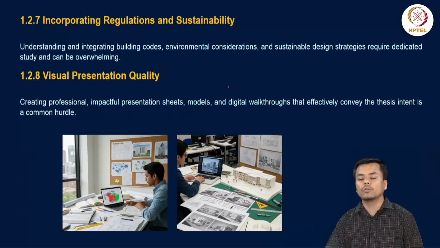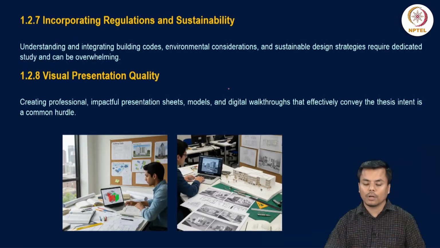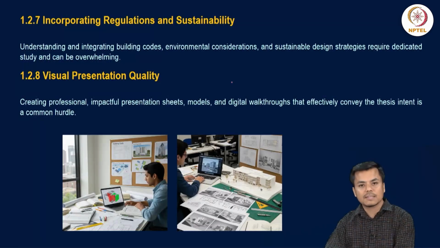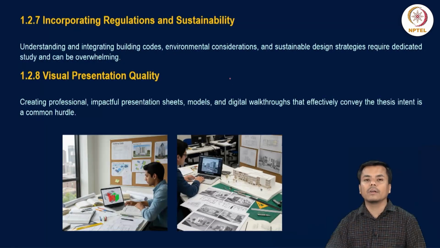Then only you will be able to justify the floor, the total area for the site, as well as the built up. So how much is ground coverage, how much is setback, and all the internal corridor width, like FSI, building height. All these are generally mentioned in the development control rules or the national building code. So accordingly you have to use these building codes in your design, so that your design ensures safety